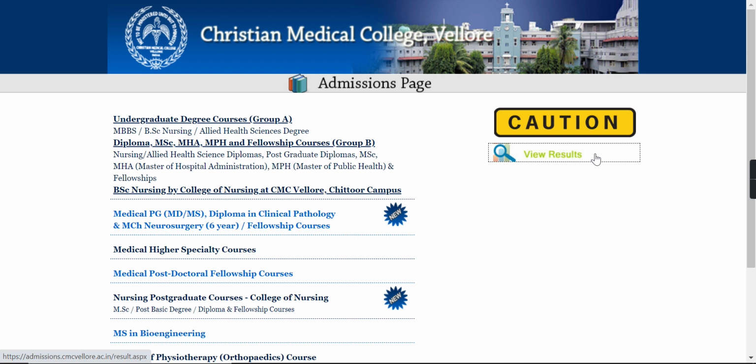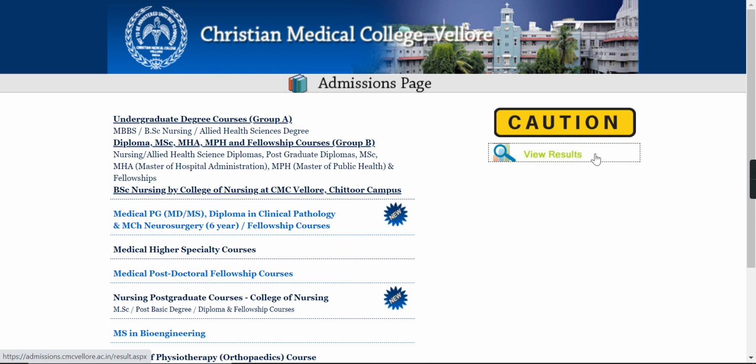If you are matching all the criteria given by CMC Vellore, then you can go to the admission page. The link of the admission page would be given in the video description. You can go over there and be redirected to the official website.